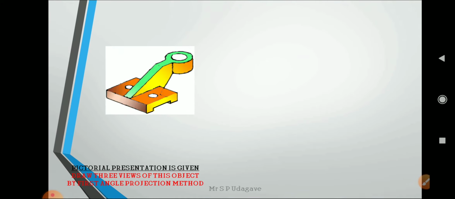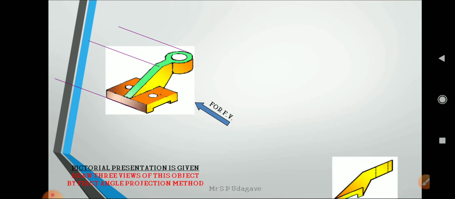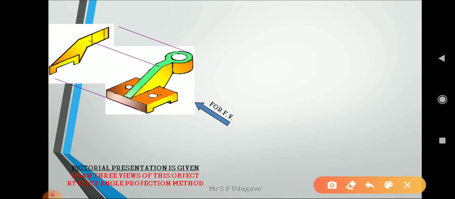The same machine component, for the x direction, that is for the front view, we can take the projections. Now you can see the projection in which a hole is provided at the top portion. From the edge of the object we can take the distance of the axis. All the dimensions are given in the 3D view, and we can mark the radius and draw the dotted lines on both sides.